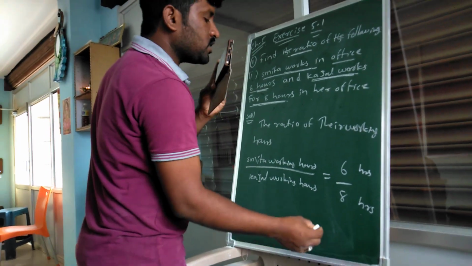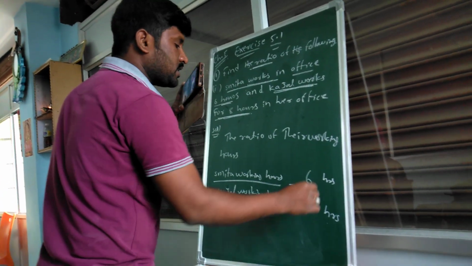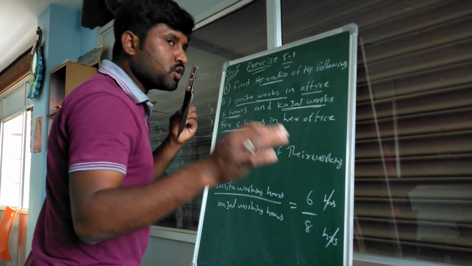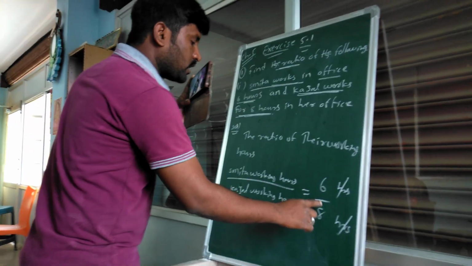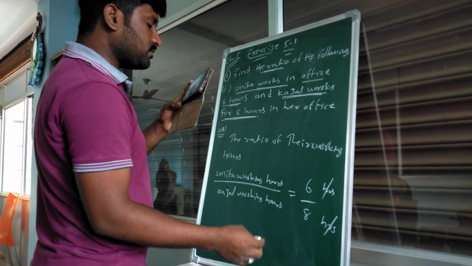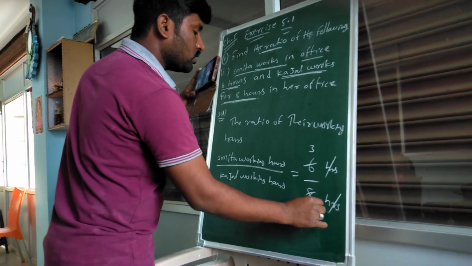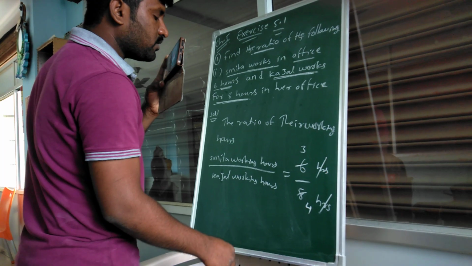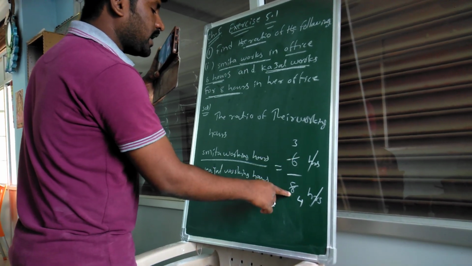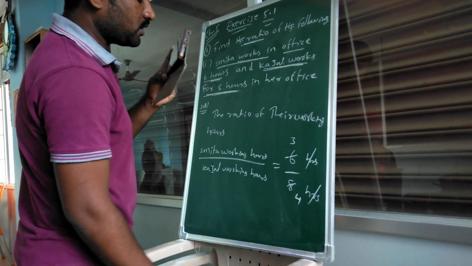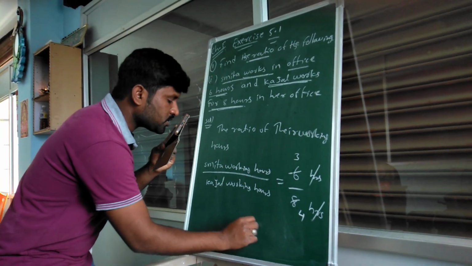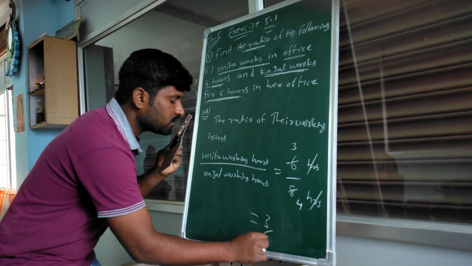Clearly we know a ratio has, regardless of its signs, a ratio has no units. So we can write 6 by 8. Cancelling, 2 threes are 6, 2 fours are 8. Because the HCF of 6 and 8 is 2. That's why their ratio is equal to 3 by 4.